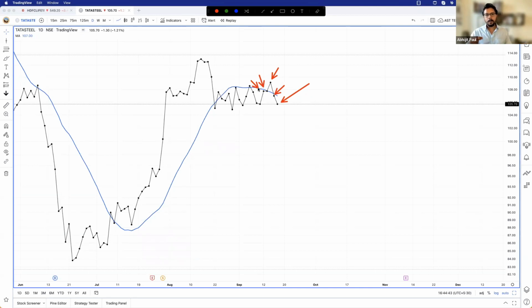इसीलिए weights were given to the recent price. For example, मैं ज़्यादा maths में नहीं जाऊँगा. I'm just going to stick to the basics. For example, if this is a 20 period calculation that you're doing, so अगर आप closing price को ले और आप इसके साथ weight को adjust करें, weight को add करें,